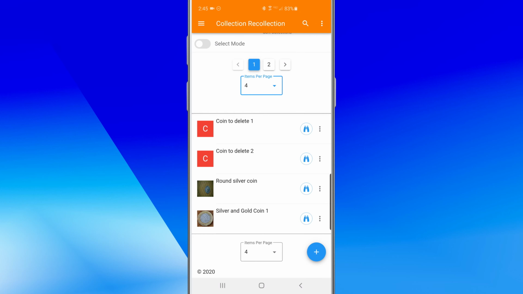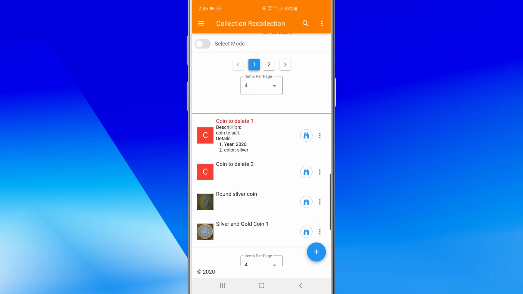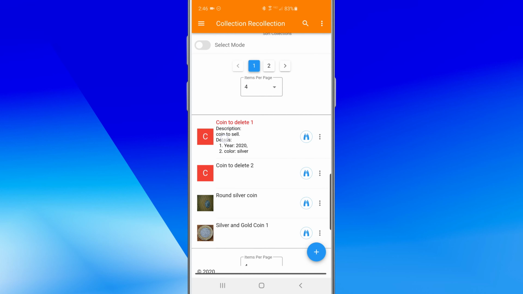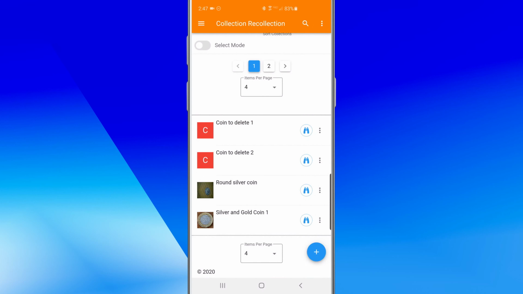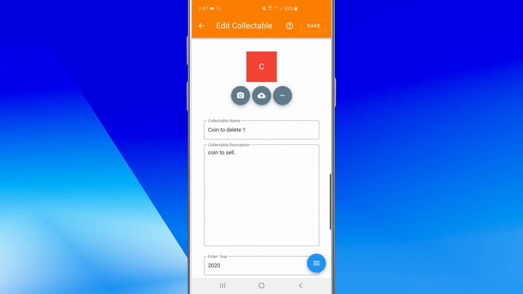To display description and details, tap near or on the name of the collectible. You may need to scroll the name, description, and details to view it all. Tap the 3 dots next to the binoculars icon to display the action menu for that collectible. Then tap Pencil to edit the collectible,